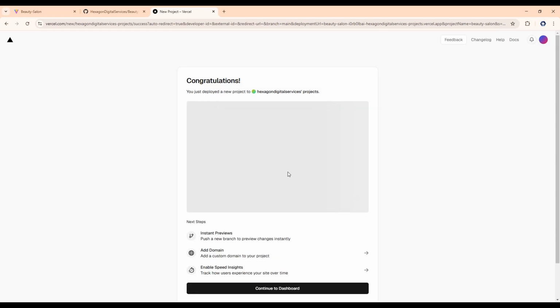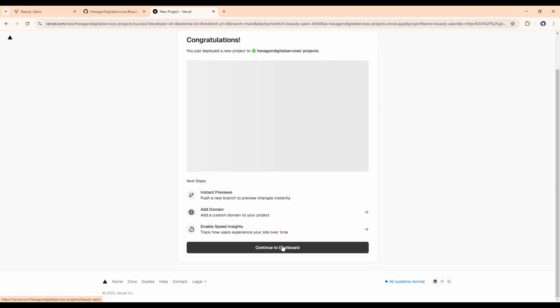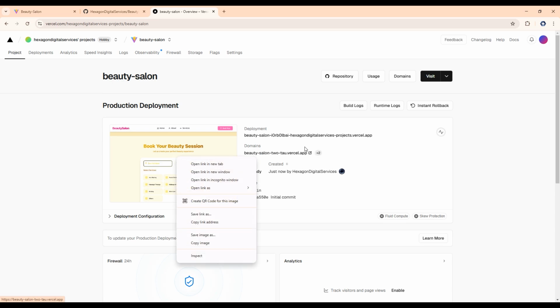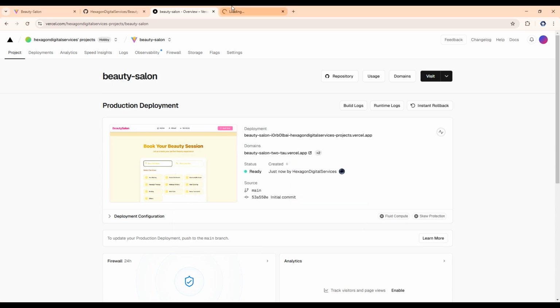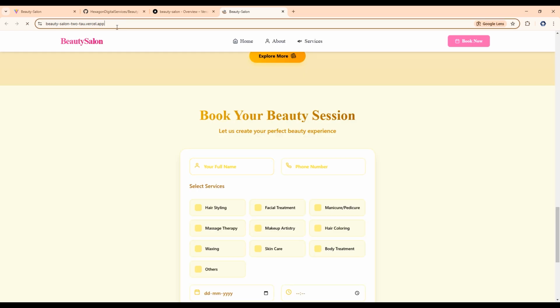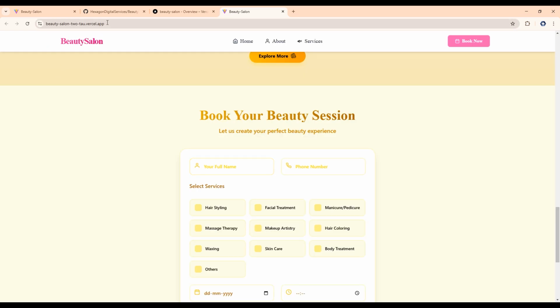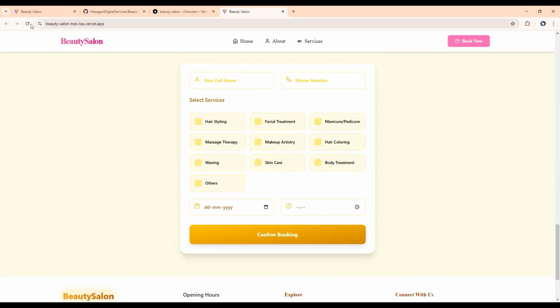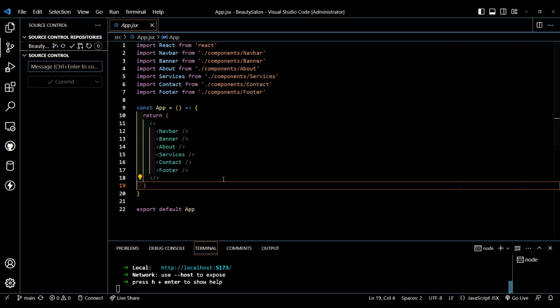Okay, it's all created. Go to the dashboard. Now as you can see, this is your site and this is your link. Now as you can see, the site has this link. Now when we refresh, it comes